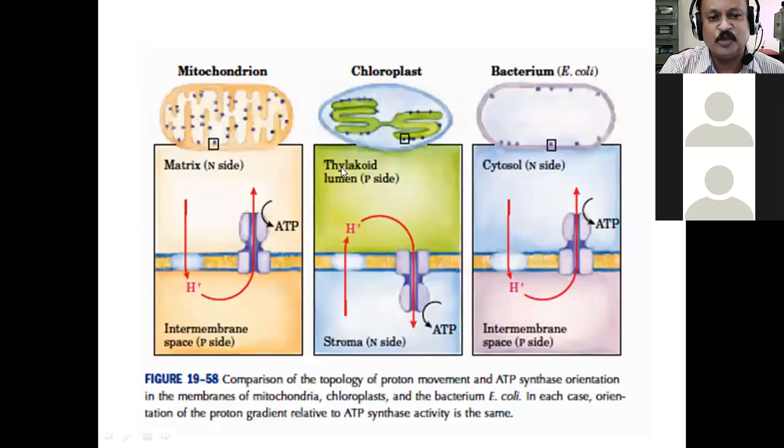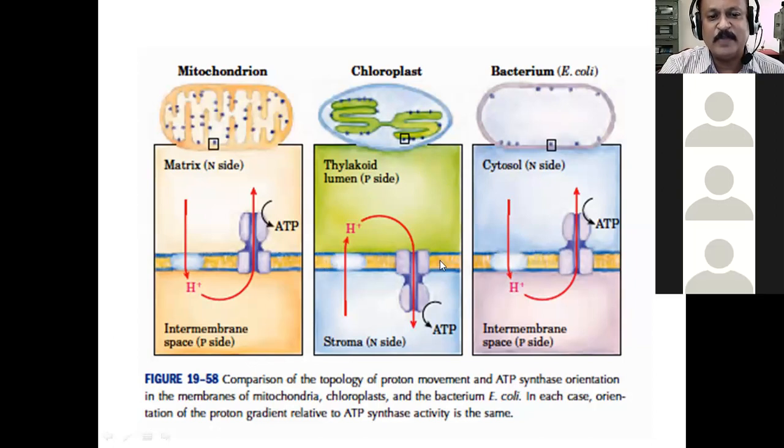Let me just show you with the help of a diagram. You will see it here. This is the thylakoid. Thylakoid sac is here. This is the thylakoid membrane. Can you see my cursor moving? Yes, sir. This is the thylakoid membrane, and in this thylakoid membrane, this FO F1 ATPase is present. This appears like a knob-like projection, and it is projecting into the stroma. That is, it is outside the thylakoid. Can you understand what I'm saying? It is projected outside the thylakoid in the stroma of the chloroplast.